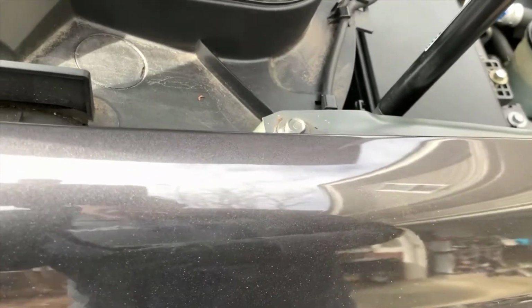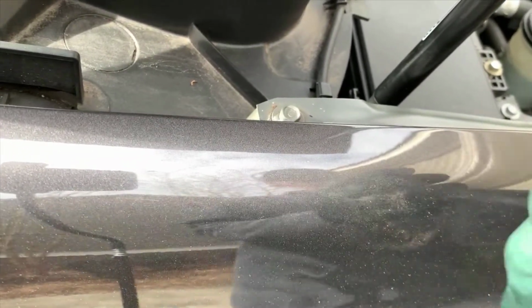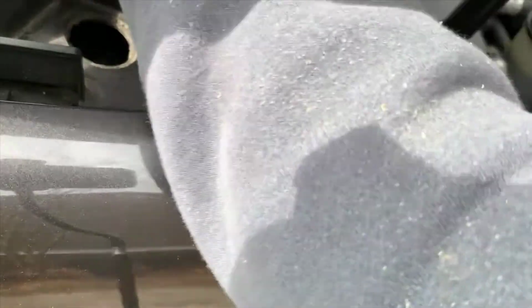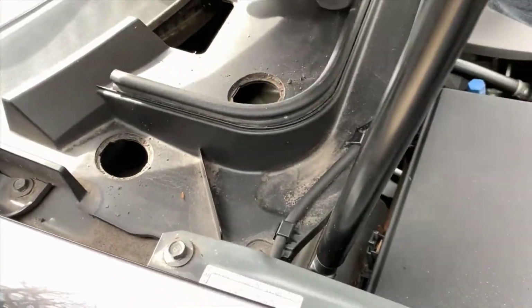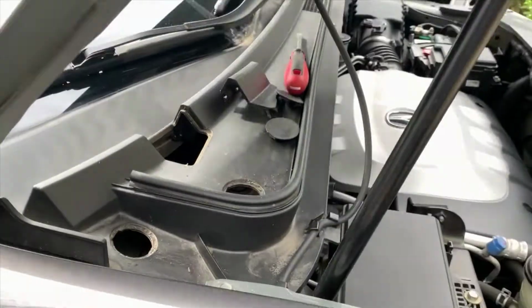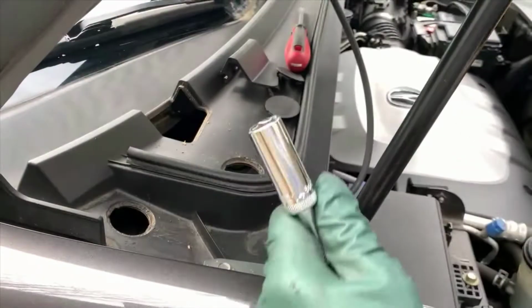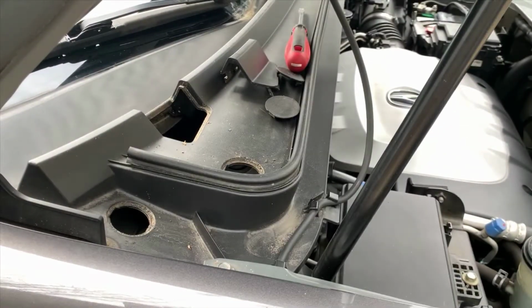There's 3 of them, and there's 3 plastic plates there we have to remove. Pretty easy too. They have a little notch in them showing you where to put a flat blade screwdriver to get access to the bolts that are underneath. So you'll need a short socket extension and a deep socket. The bolts that are down in here are a lot longer than a standard socket would be able to accommodate. So